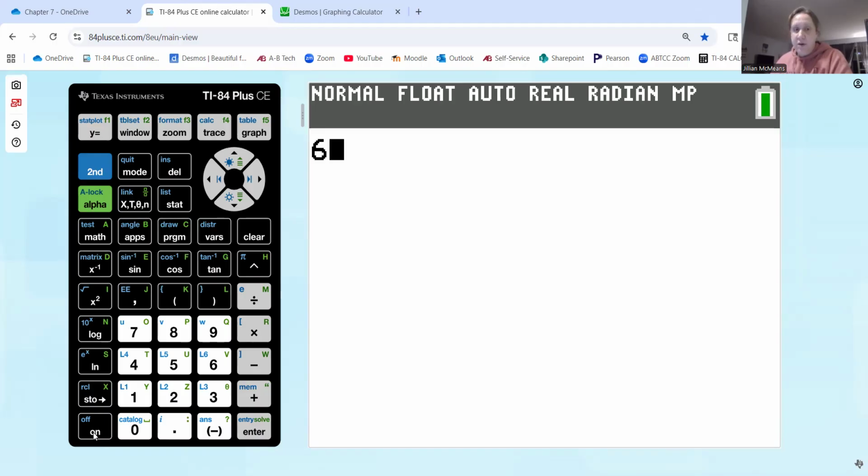However, if you go down to your on button, which is the bottom of the first column, and then go up to, there is a button that has an LN on it, and in the upper left-hand corner of that button, it has e to the x. So what it'll do is type in e, but it'll automatically set you up to type in some exponent. So to get to that button, we hit second LN. So second, and then that LN button, and it types in your e, and then it automatically bumps you up to that superscript where you can type in your exponent, which was 12.77 times 0.01